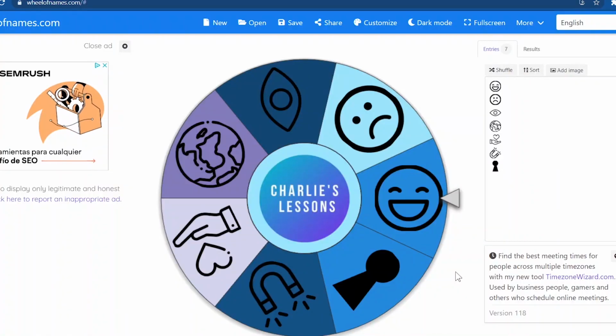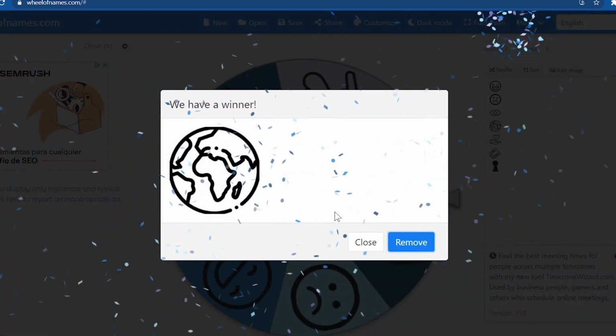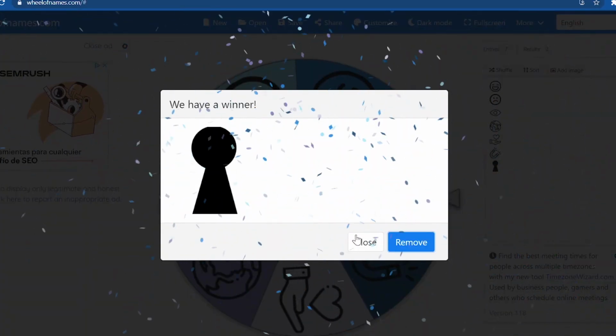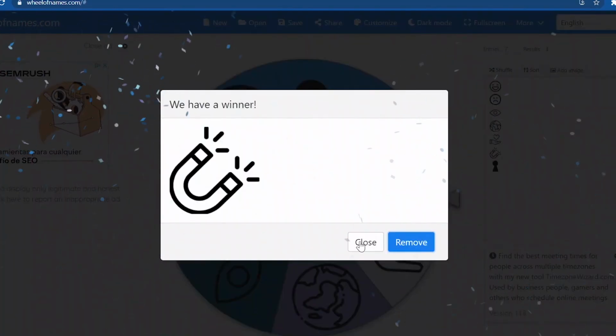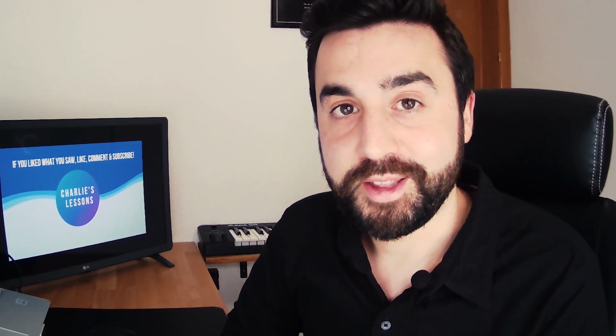We'll start with my first idea, which is based on story cubes. The way this works is that you are asking the students to use any of these elements to create a story in class. So for example, we have the world, keyhole, and a magnet. So for example, a student could come up with a story like a treasure was trapped somewhere and they had to use the magnet to open the door. And the door, no, that doesn't work.